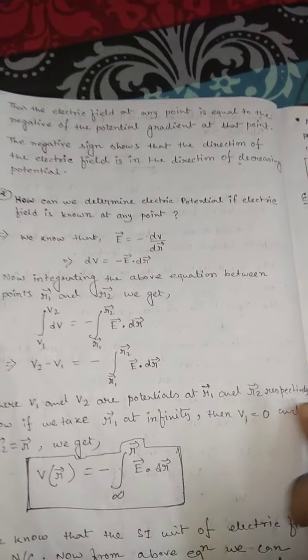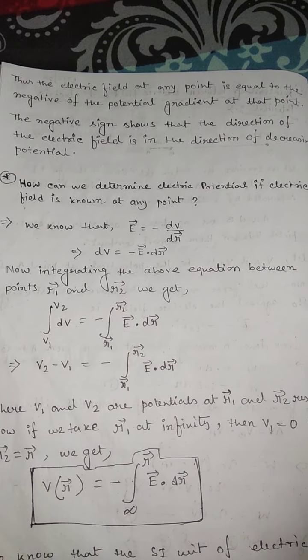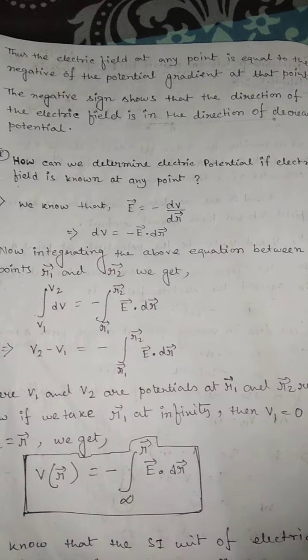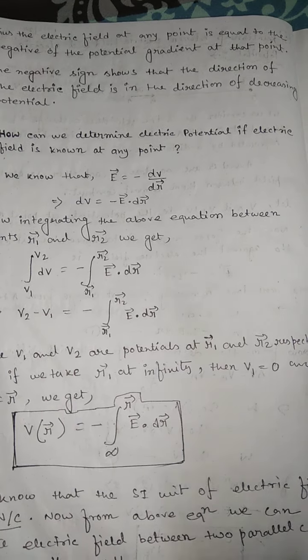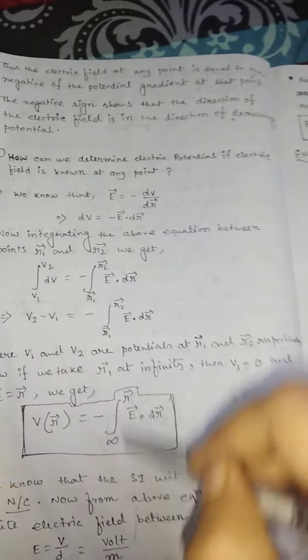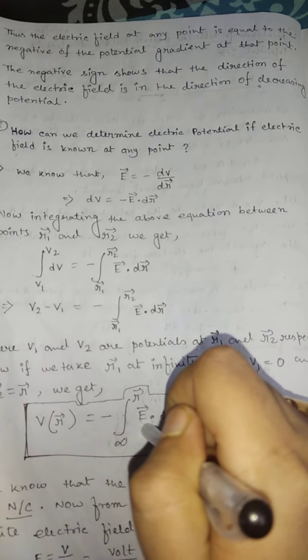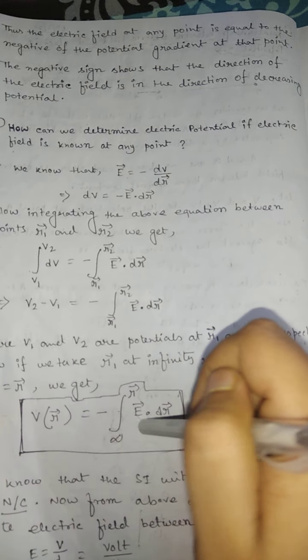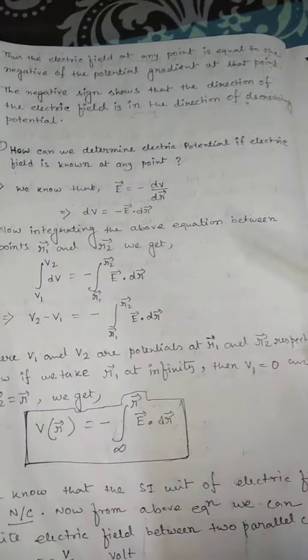This is the relationship between electric field and electric potential. Now suppose you know the electric field at any point. Then at that instant of time, how do you calculate the electric potential? That is what we derived, using this formula. If you know the expression of the electric field, at that instant you can calculate the electric potential. So how?